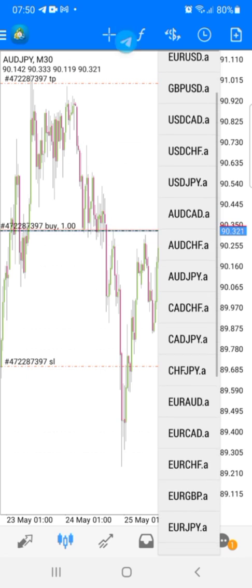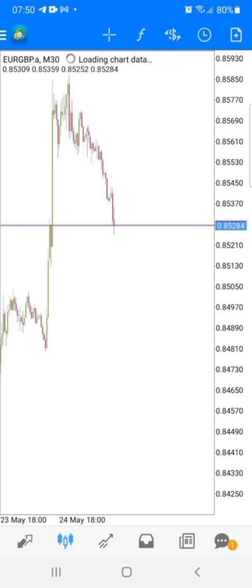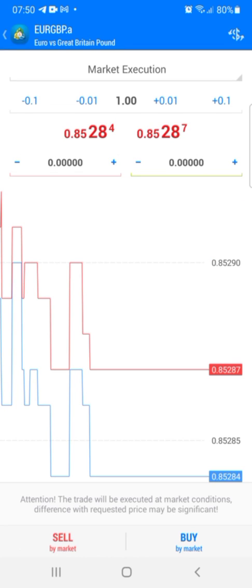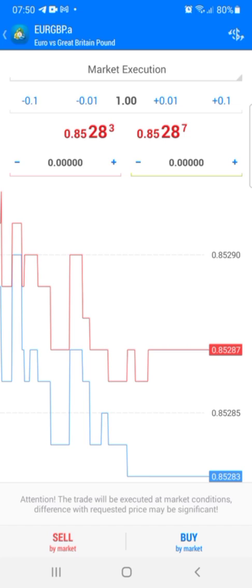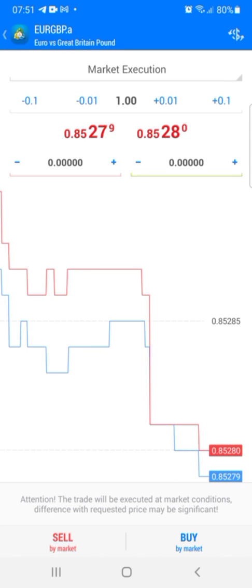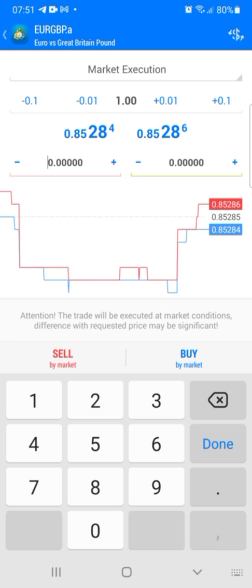Euro GBP, guys. Let's say Euro GBP. We want to do sell. You see market execution 1.0. For us to sell, the current price is the one at the left hand side, 0.8528. If you want to sell, the stop loss will be above this price, which is, let's say you want to maintain 50 pips, that with